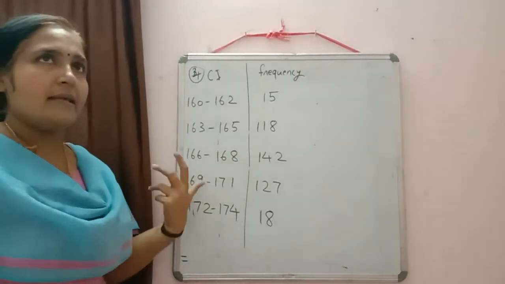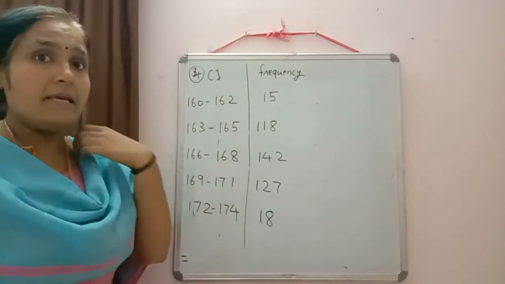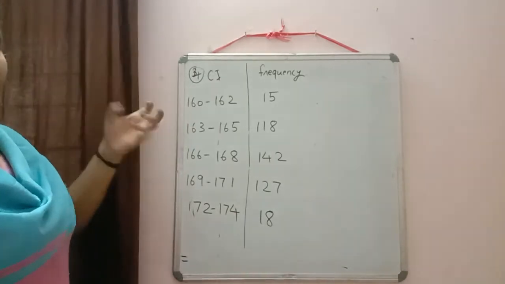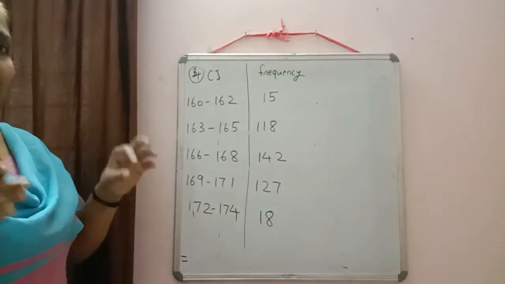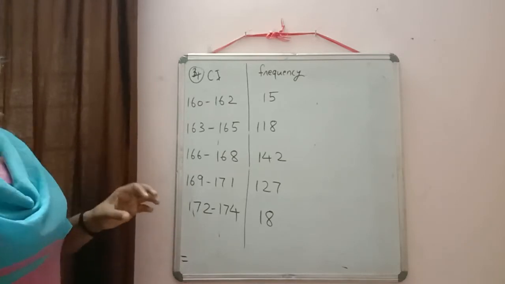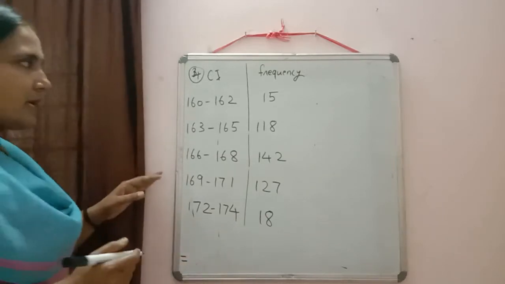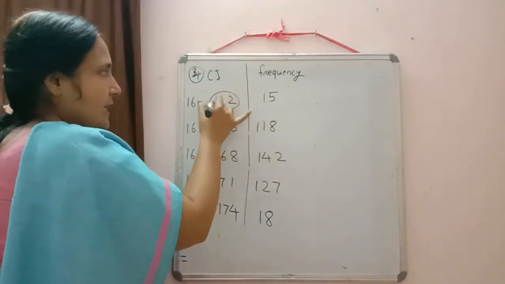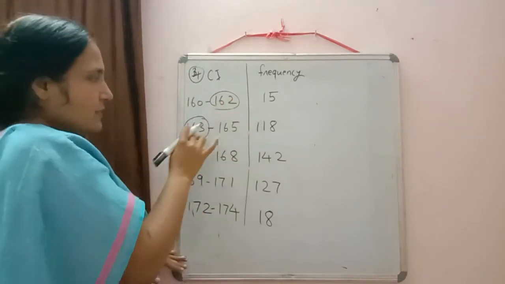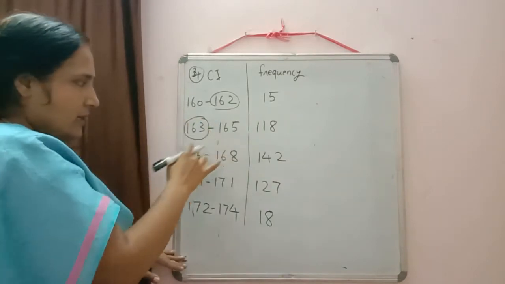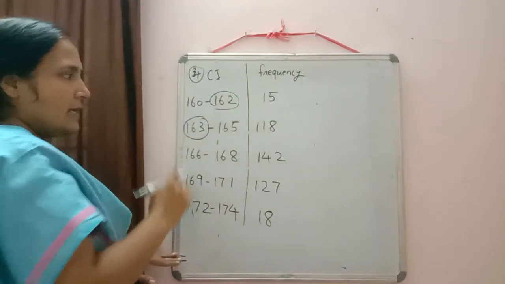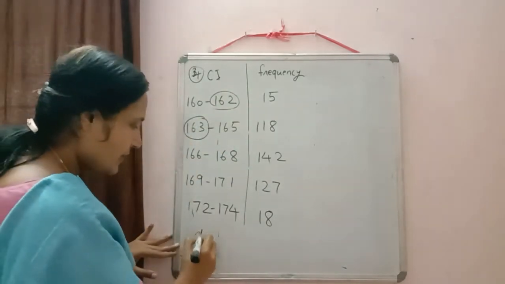So in calculating the mode, in the formula we want L. L means the lower limit of the class interval. So here it is necessary to make the class interval continuous. So I am telling you the method of how to make the class interval continuous. If you don't know, you can write down all the steps there. Just write down what is the difference between the upper limit and lower limit here. 162 is the upper limit of the first one and lower limit of the second one. Any difference between the upper limit and lower limit? Here it is 162 and here we have 163. So the difference is